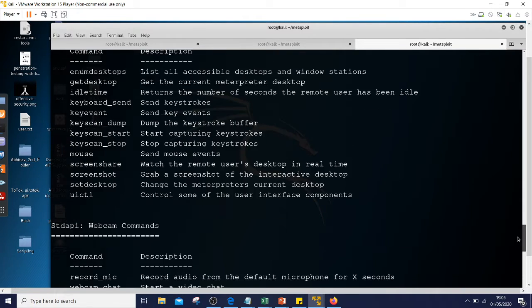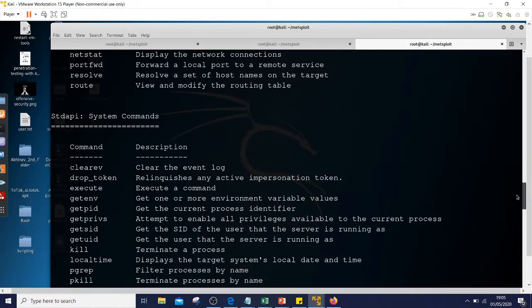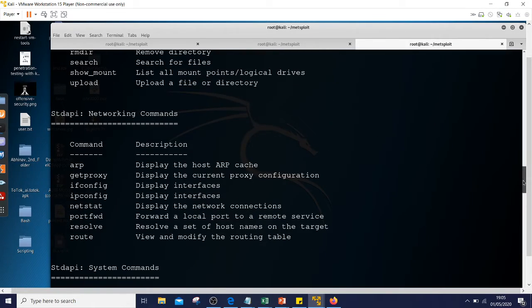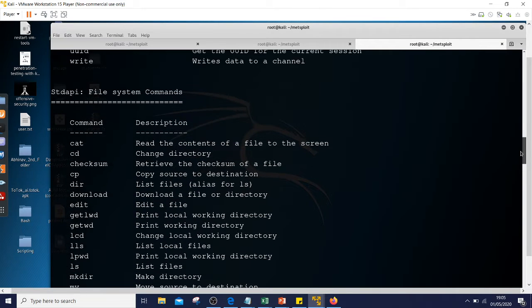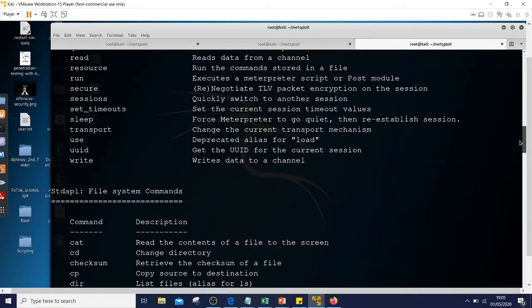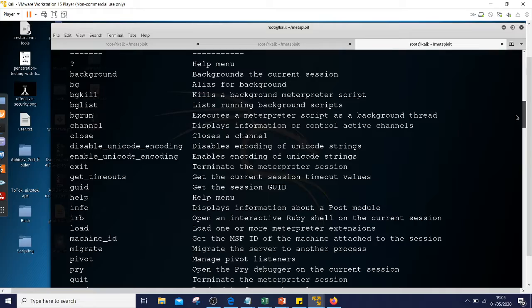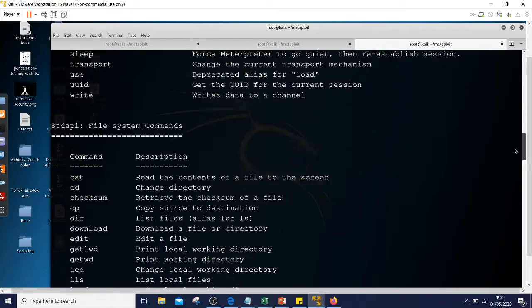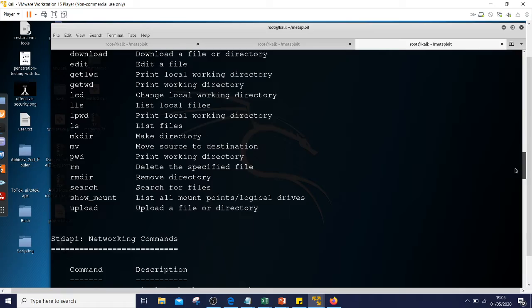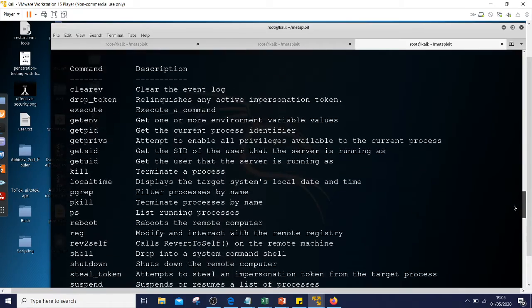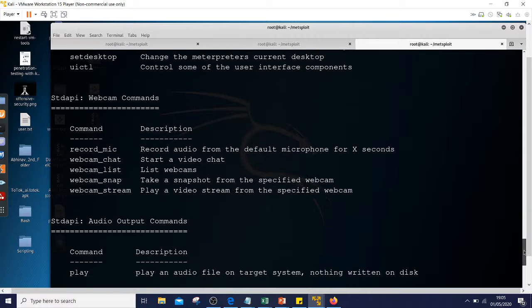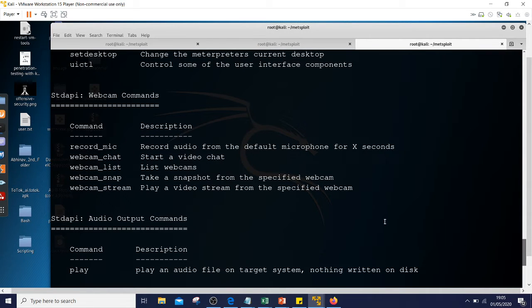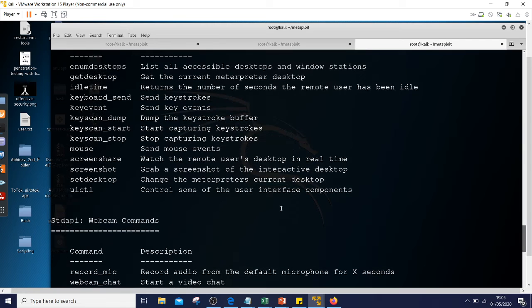So you see there is a hell lot of things which you can do with your Metasploit by exploiting Windows 10. So let's start with some of the famous ones, and I will leave you guys to explore what Metasploit offers you for doing this. You can see here these are the various commands. So let's start with the most famous, getting the key scan or key logger started, or you can do the webcam as well, and you can get the screenshot, screen share.